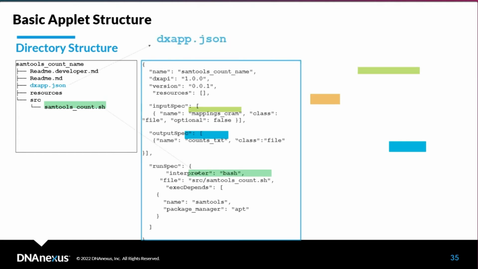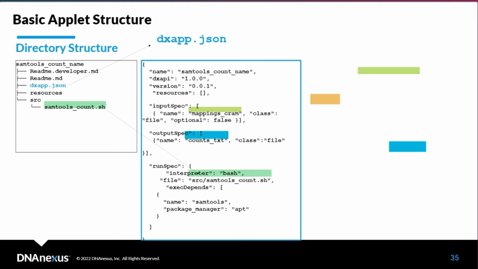So to tell you more about dx_app.json, dx_app.json is a file on DNAnexus, and this means application metadata file. And in this file, we can typically find the following sections, such as input spec. Input spec describes individual inputs for our applet. So in this case, we can see that we would like to run some tools and process CRAM or BAM